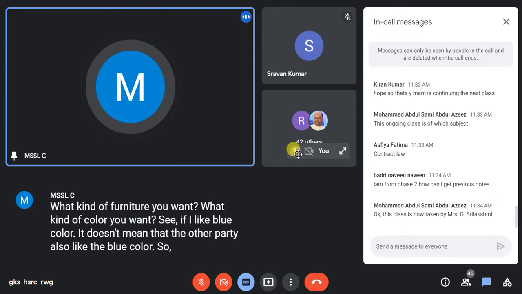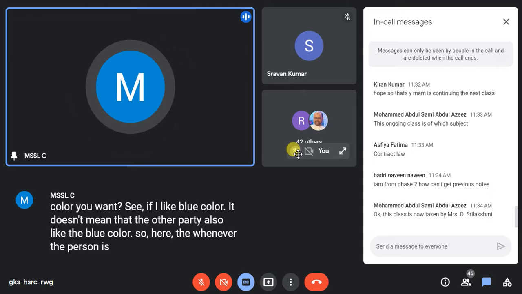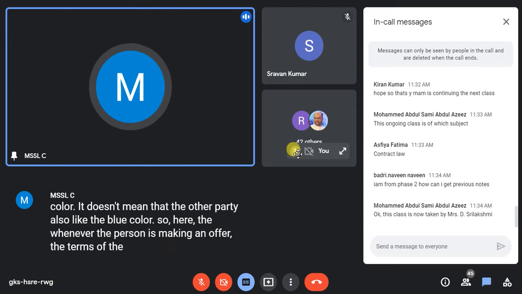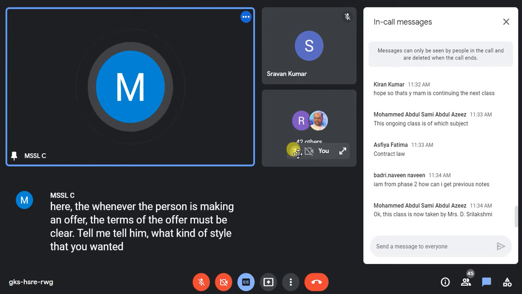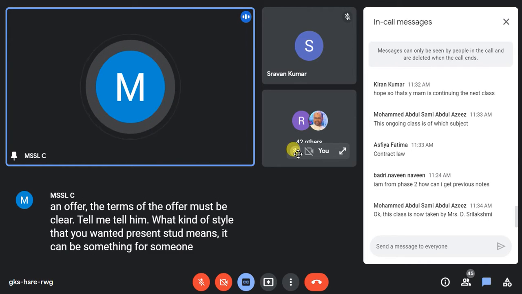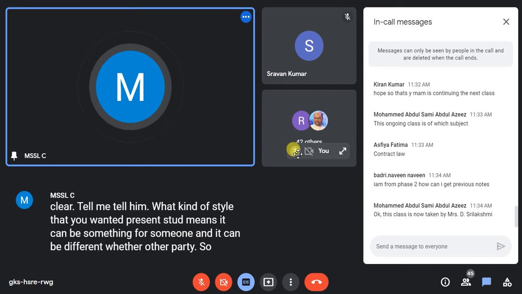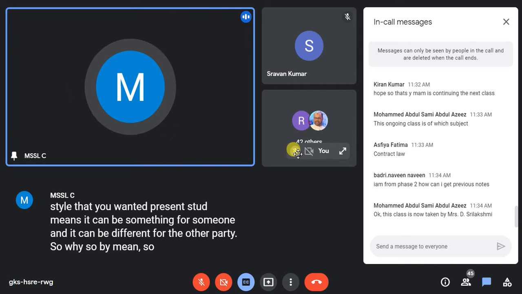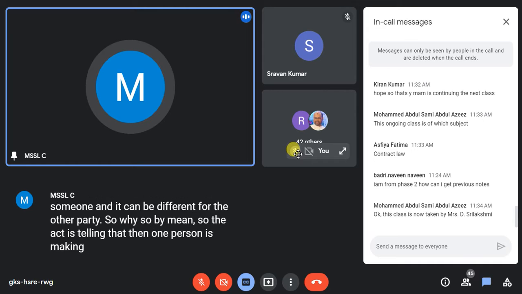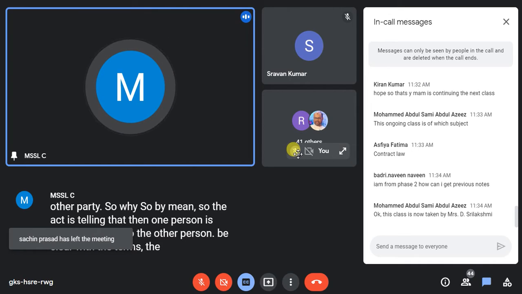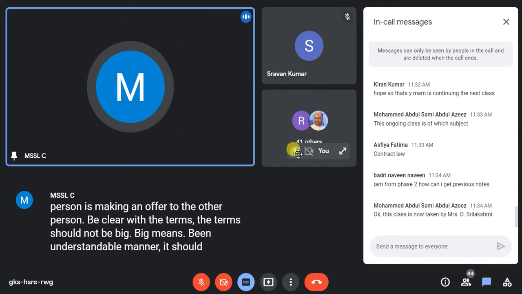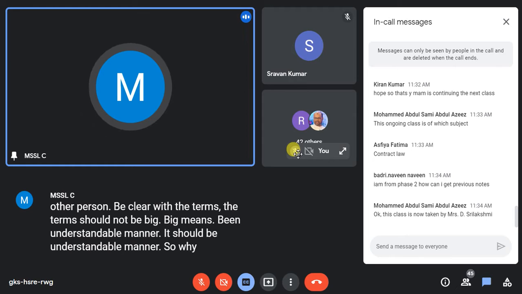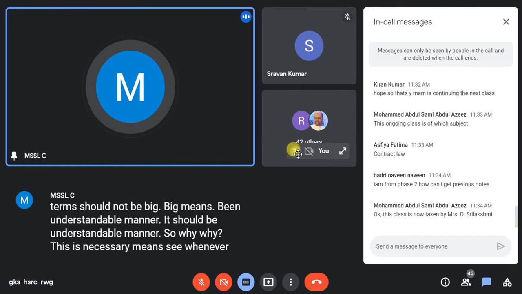So here, whenever the person is making an offer, the terms of the offer must be clear. Tell him what kind of style that you want. Present style can be something for someone and it can be different for the other party. So the act is telling that when one person is making an offer to the other person, be clear with the terms. The terms should not be vague. Vague means it should be in an understandable manner. So why this is necessary? Whenever the parties will go to the court,